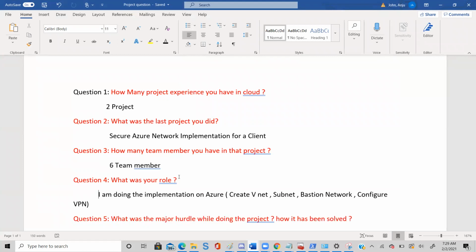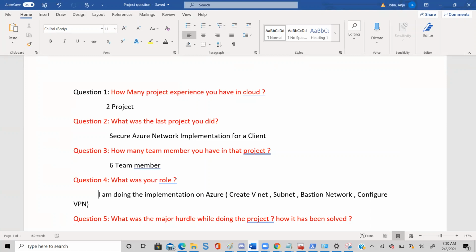So is there anybody that does the implementation before the admin gets it? Let's say someone deletes the certificate on the client side. What will happen? They will not be able to connect, right? Or let's say a laptop is formatted, so the certificate is also gone. As an admin, it is your responsibility that every laptop must have a client certificate, otherwise you cannot connect to the VPN. Understood, right?